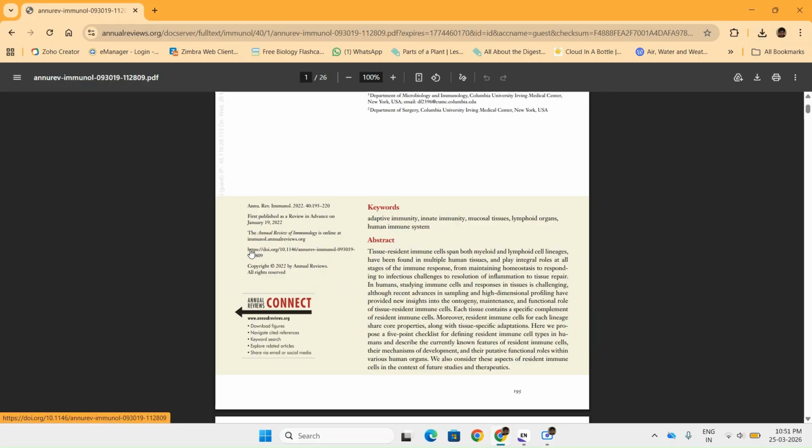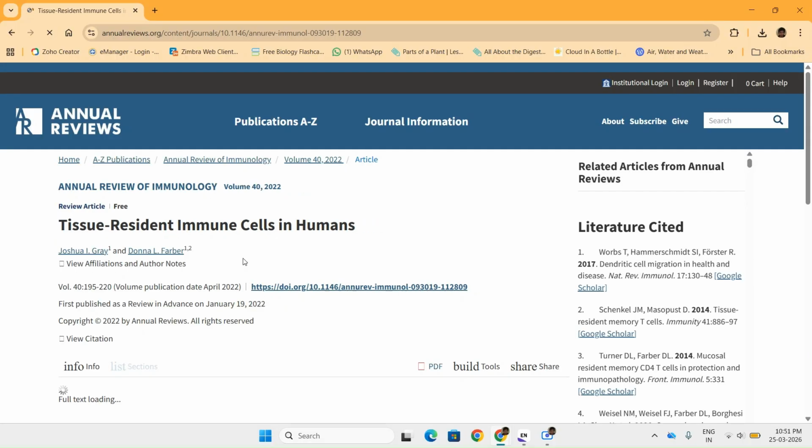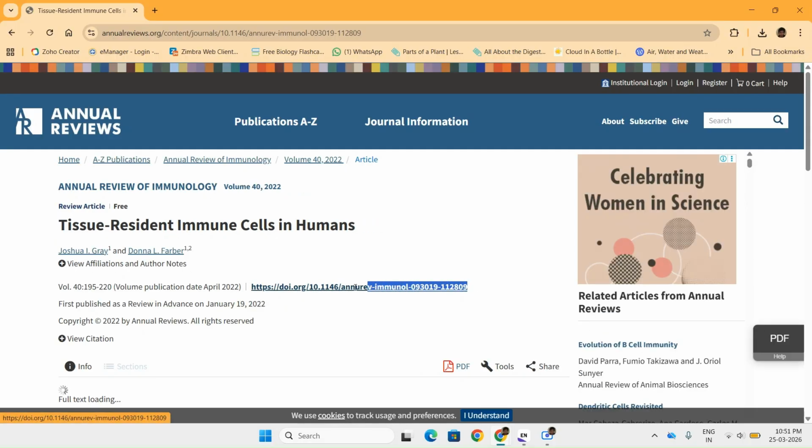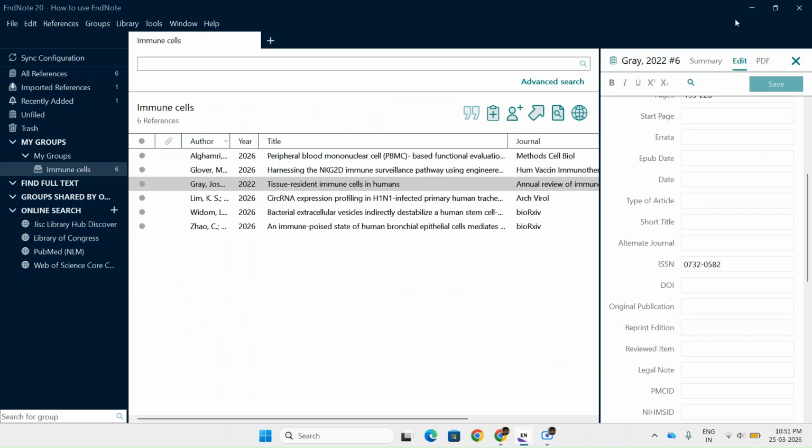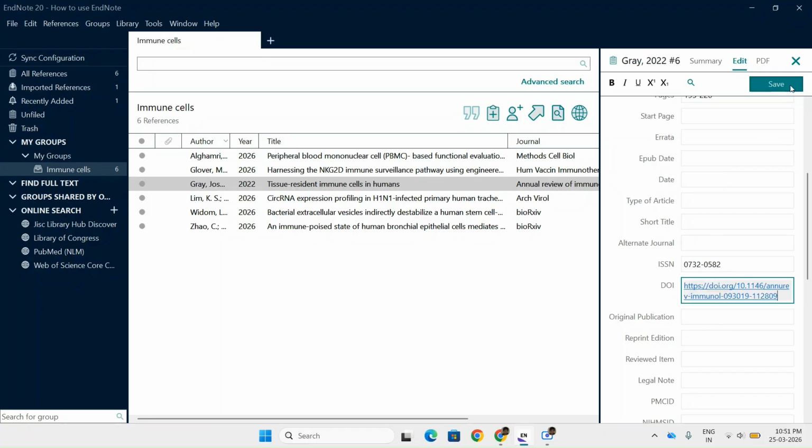So you copy it. Okay, this is the full paper available, so you can copy it and go to edit in EndNote, and here you paste it and save. So when you are citing this article, it will be listed in your bibliography.